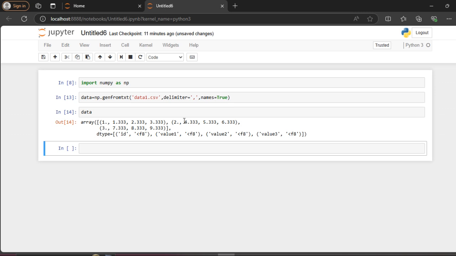Fine. So now what we can see here is we have got a structured array in which the column headings have become the names of the fields. Okay, these are the common column headings. Now let's